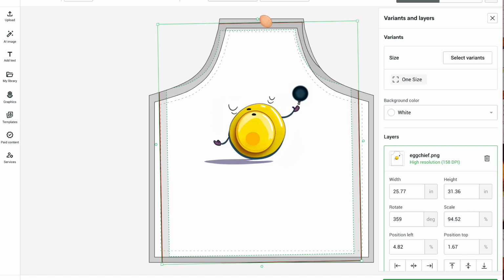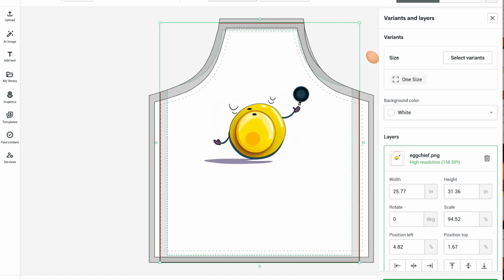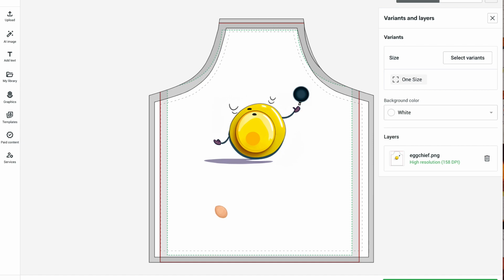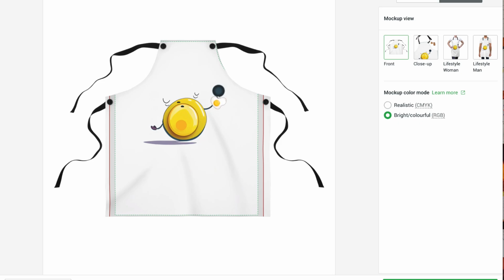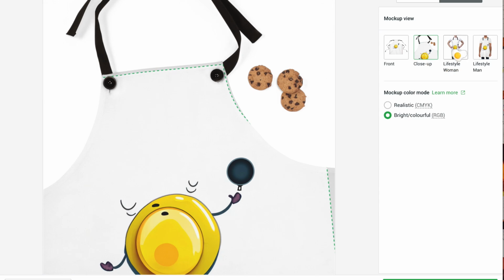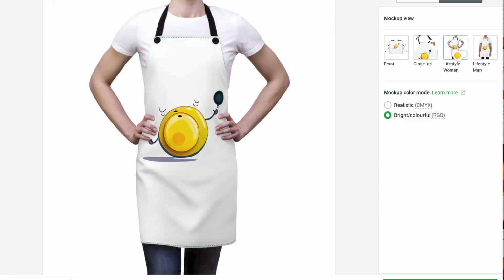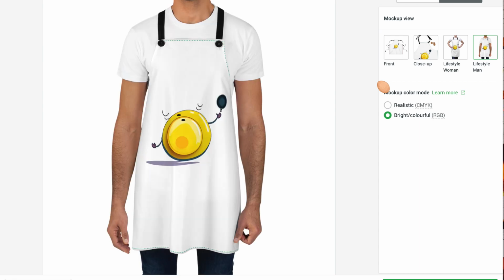And again, familiarize yourself with Printify's design area here, because you can design right inside of this using their built-in tools, or upload. Here we're prototyping it, previewing what this is going to look like as a print-on-demand product. So this is what it looks like: our little AI generated chef guy with a frying pan